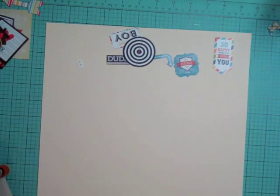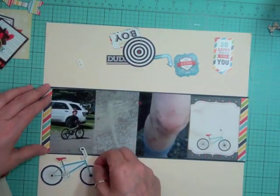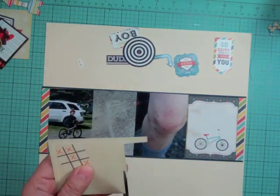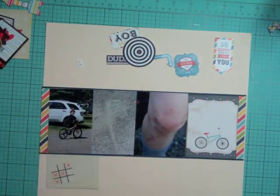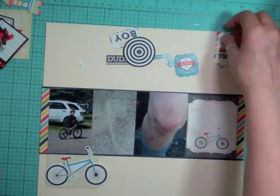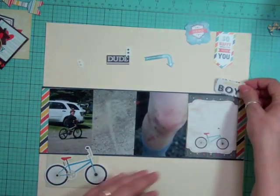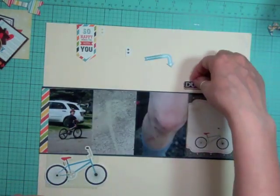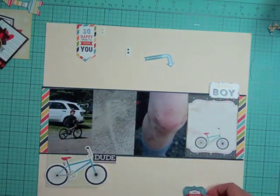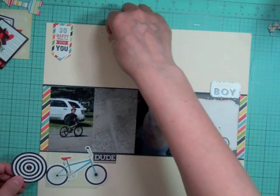And so there were quite a few stories that we kind of came up with during the trip. And I was thinking, these stories are not documented anywhere, and they were hilarious. Like, we had tears running down our face. So I was thinking of ways that I could maybe scrap these stories without actually having pictures for them. So you'll be seeing some of these layouts done, and how I'm going to come up with